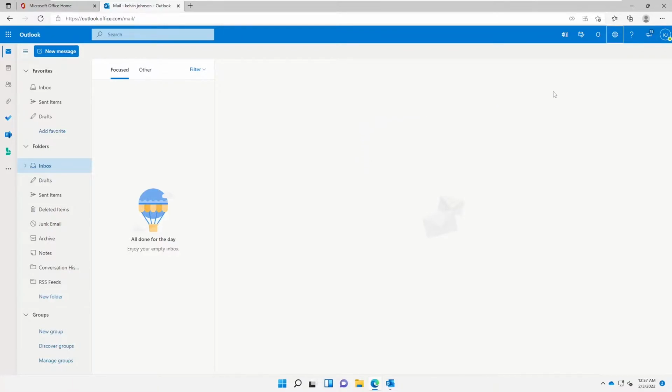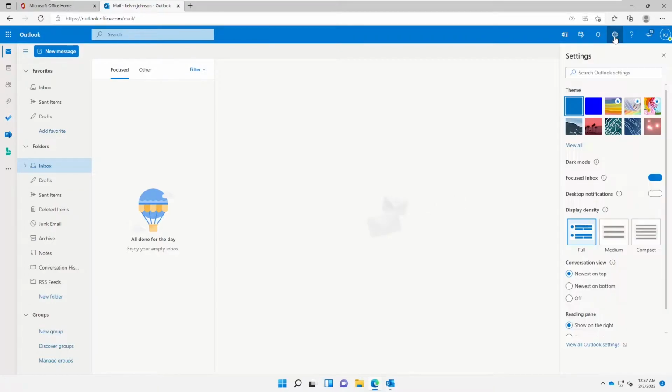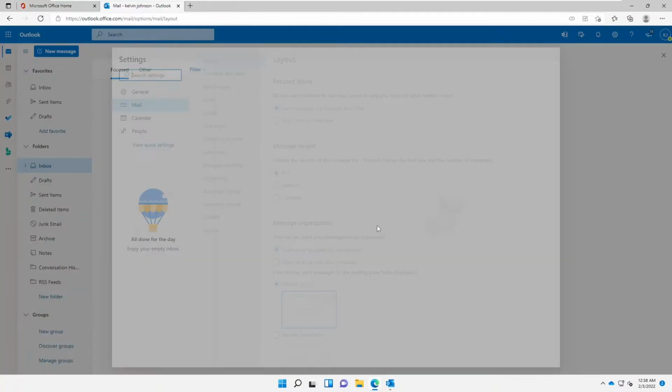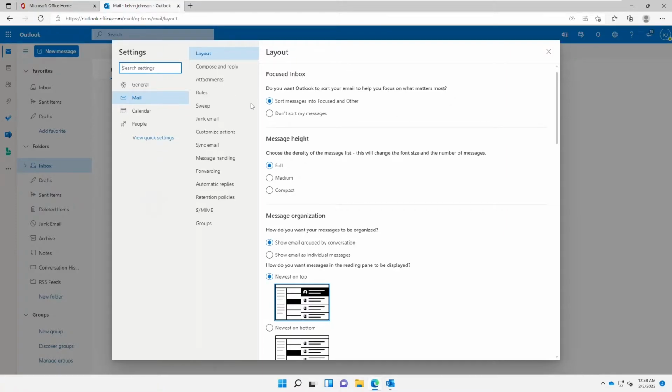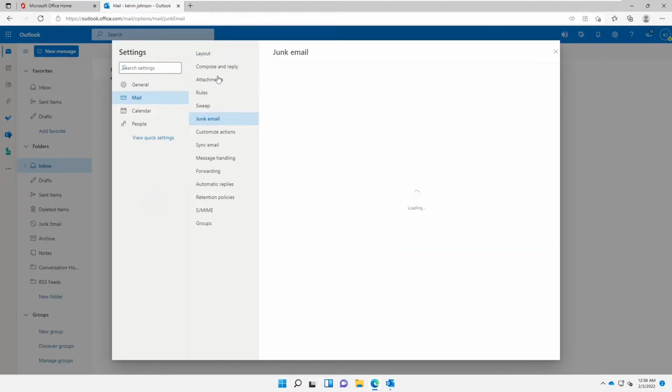So what you need to do is go to here. We have the option called settings, so just click on settings. After you click on settings, you can see we have "View all Outlook settings." Click on that and just wait for some seconds. Then here we need to go to our junk email